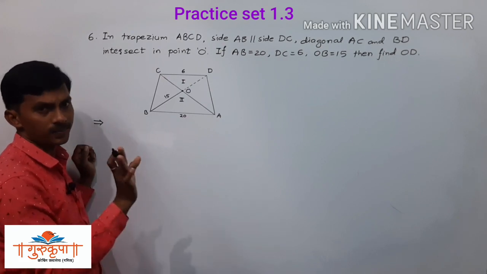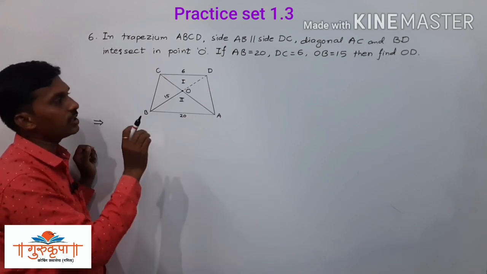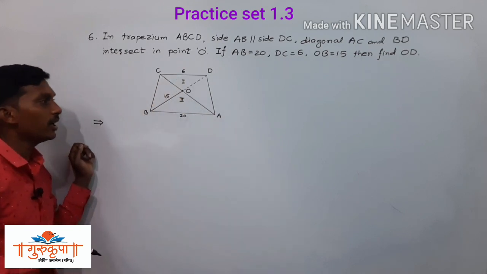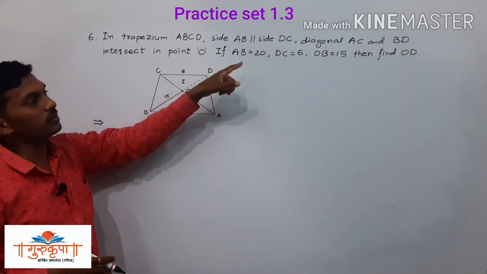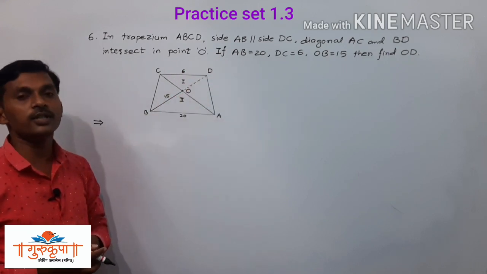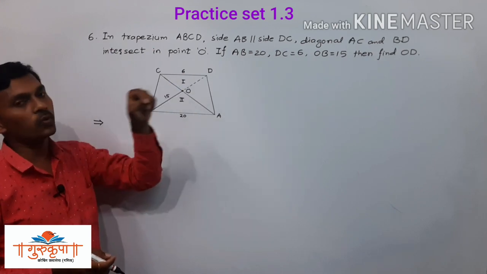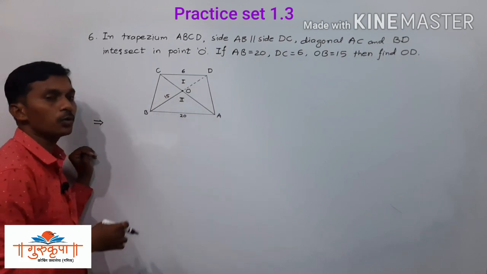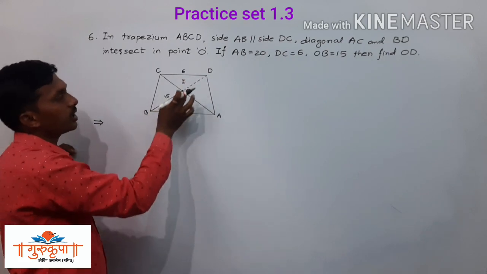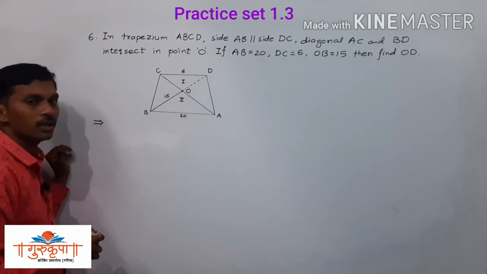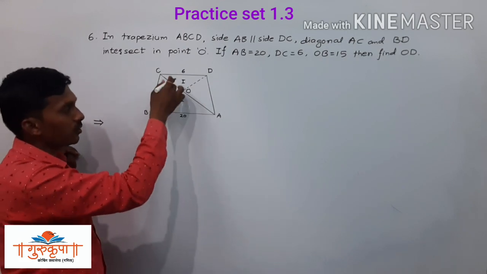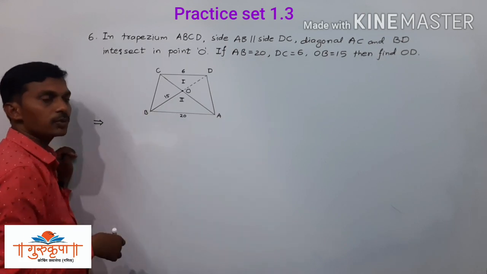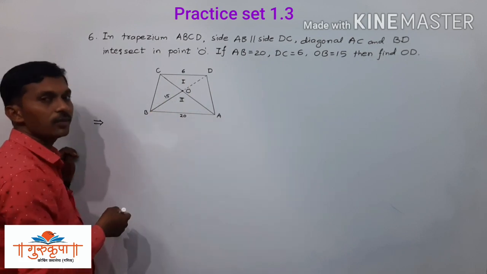It is very easy, but here the important thing is how to determine the triangles, and for determining the triangles it is very important to know what is the given information and what we have to find. From these two pieces of information, we determine the triangles which we have to show similar. So here we get triangle AOB and triangle COD. First we will show these two triangles similar, and then we will put their corresponding sides in proportion, and then we will find the segment OD.